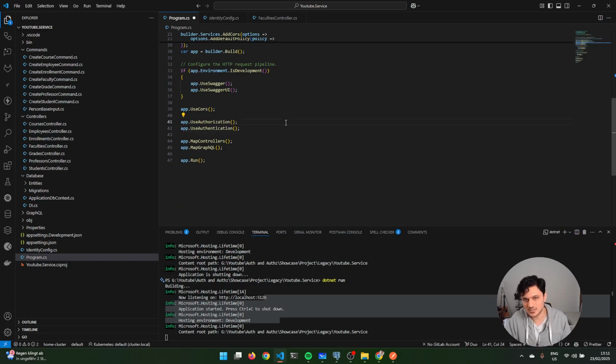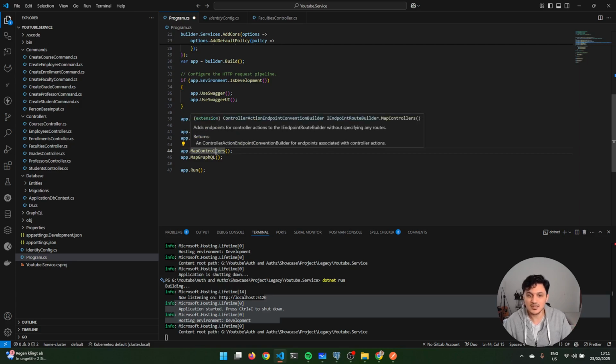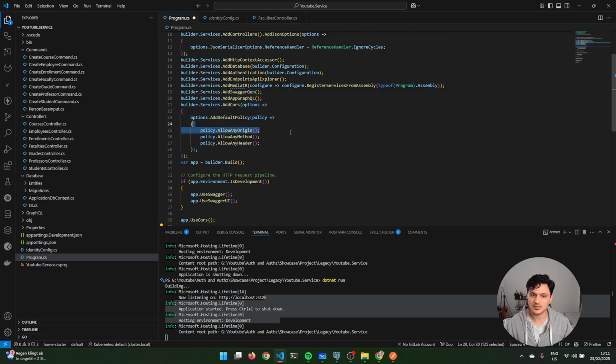So if I do this, it doesn't work. This authorization middleware needs the token already to be decoded and verified. Then it goes through the map controllers, then through the endpoints and everything that has to run and is protected. So the order is important here, but inside the services the order doesn't matter unless you